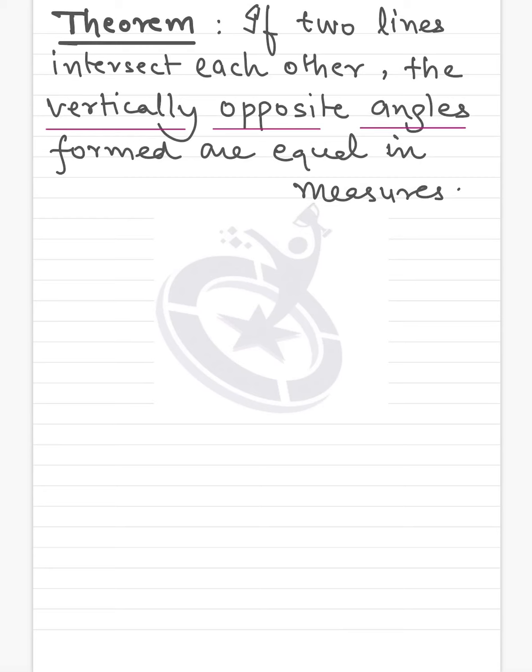Now if possible, for every theorem draw diagrams to understand and to explain the concept with proper logical reasoning. Okay. So here I take two lines intersecting each other. So we draw two lines which intersect each other. So I'll take one line and another line. You name the lines as AB and CD.